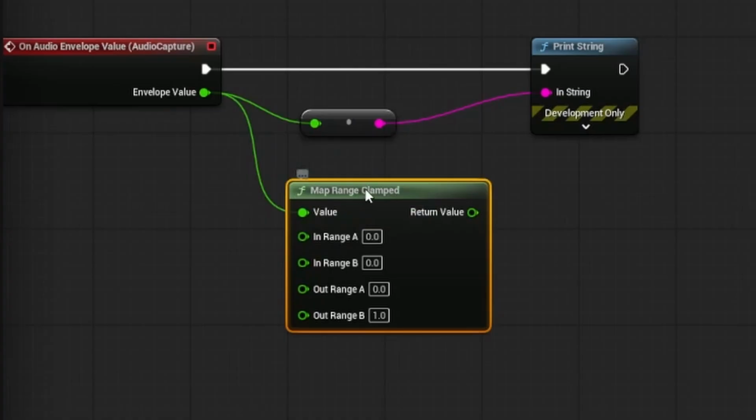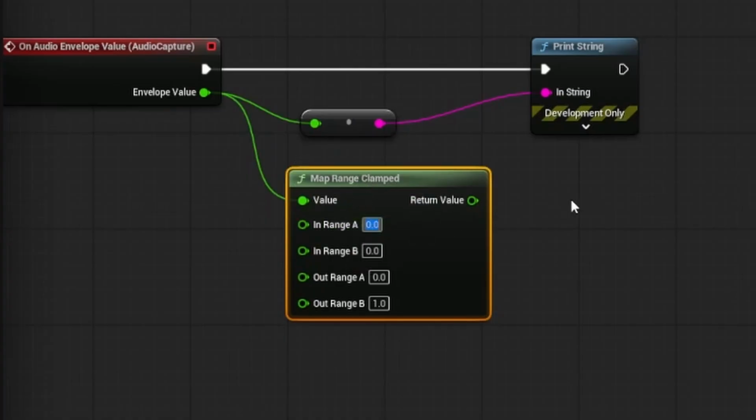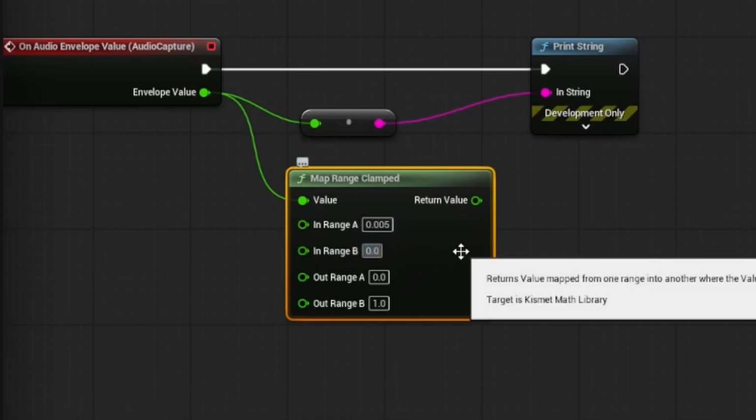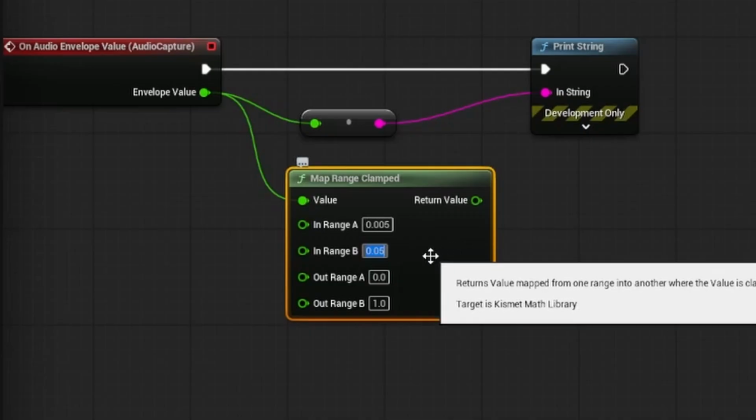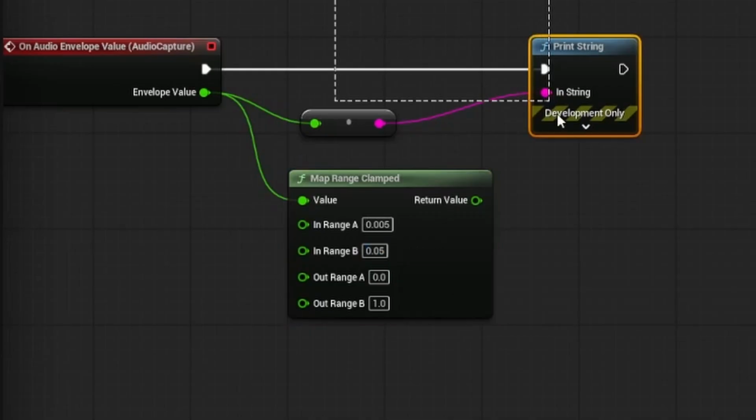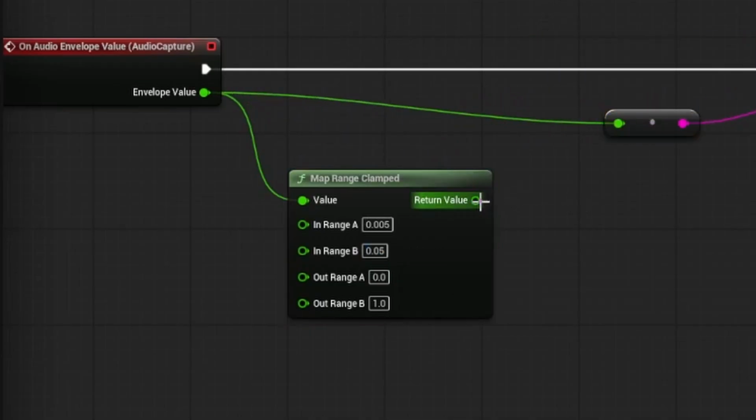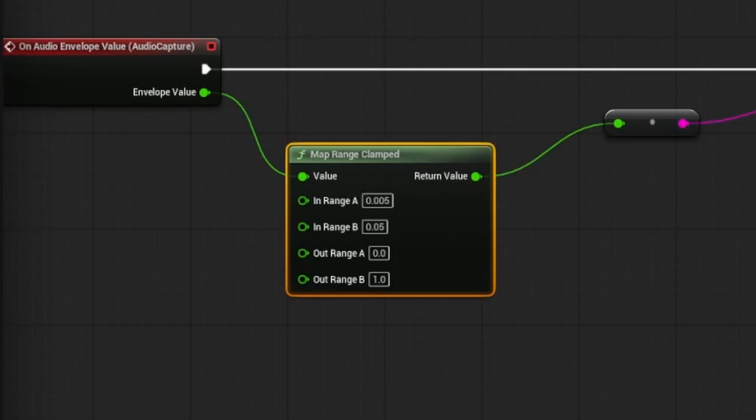And the values that we actually saw when I was speaking earlier: 0.002 more or less was silence. So let's say 0.005 just to have a bit more of a buffer. And for actual max loudness, let's say 0.5, right? Just 10 times silence. And let's see what the values look like now when we hook that up to the print node